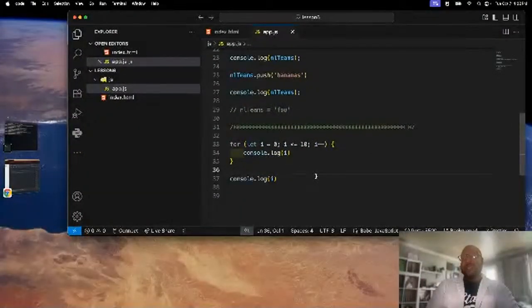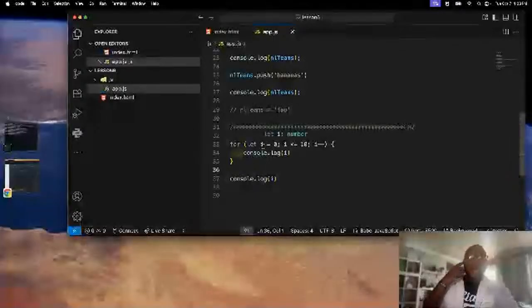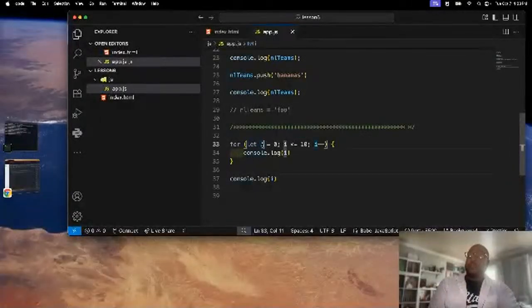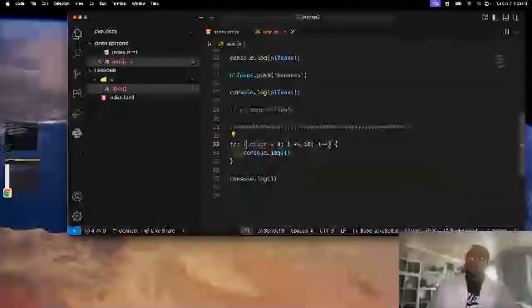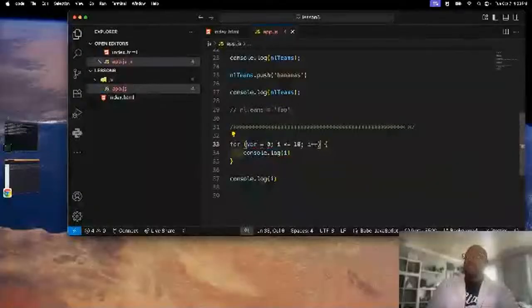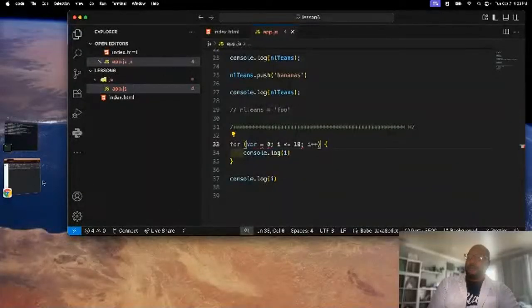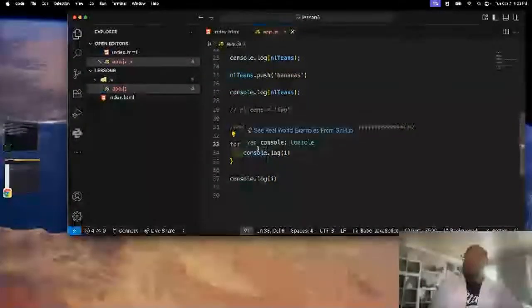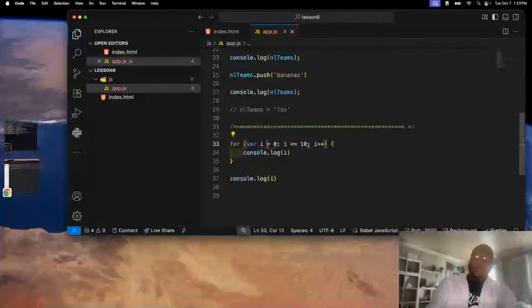Meaning, what does that mean? It means only that block has reference to this i. Only this block of code right here has reference to what i is. And we see that's different from doing this here. When I say not let but var, when I say var i get 0,